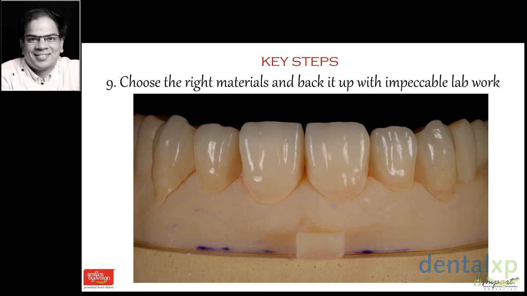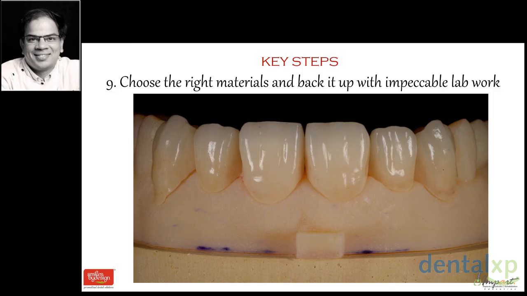Final restorations could be either lithium disilicate, if you have the ability to bond the substance to the underlying enamel, which I have, so that's my choice here, or zirconia, which could be a translucent zirconia that we have available these days, and that could allow me to lute the zirconia crowns to the posterior teeth. In this particular case, because I had to make a bridge, I chose zirconia for that bridge, and for all molars. Everything from premolar to premolar, except the upper right premolar, will be monolithic lithium disilicate. These are not going to be layered.